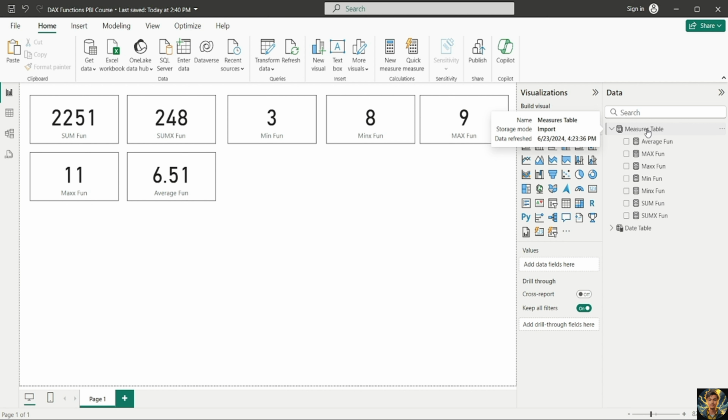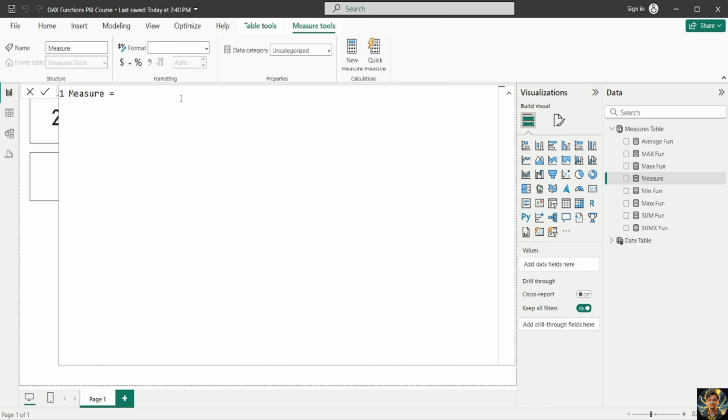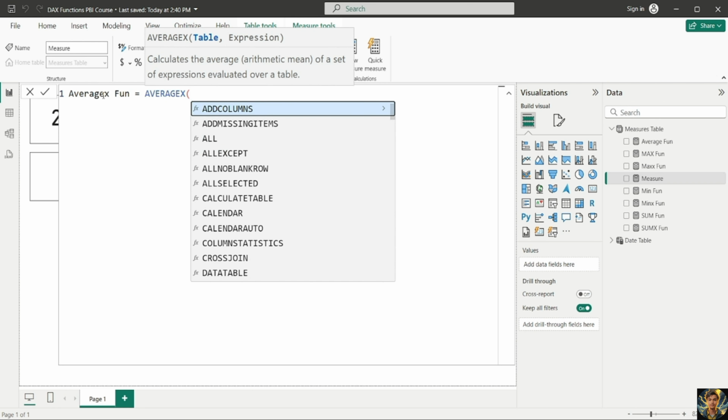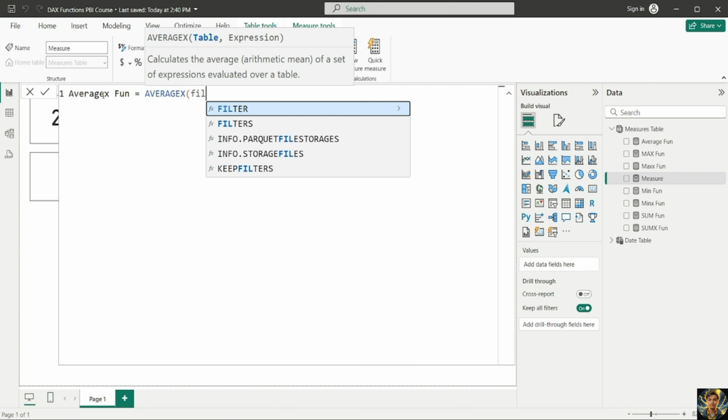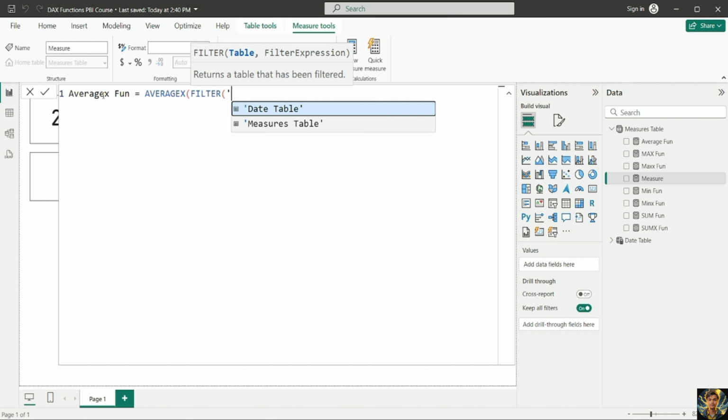So I will simply right click on the measures table, new measure, and then we'll further expand this. All right, and we will name it average x function, and we will simply write AVERAGEX, press tab key, and now inside this we'll be using the FILTER function again, so FILTER, and then we have to provide the name of the table that we are going to use. So we are going to use the date table, so single quote, select this date table, comma, OR function, press